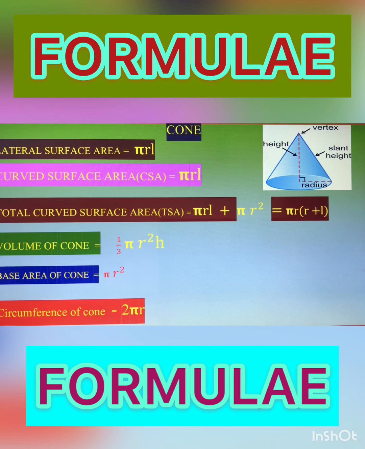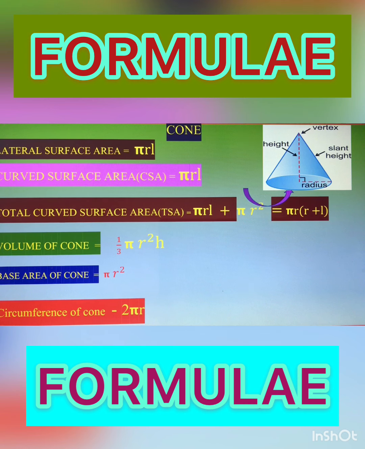Now here one thing is remaining, that is slant height. How can you find the value of L? So L is written as under root r square plus h square. This is the slant height. Means L equals under root r square plus h square. So this is known as slant height. You can find any of these three things, r, h or L. If two things are given, you can find the remaining one. So this is the solid cone.